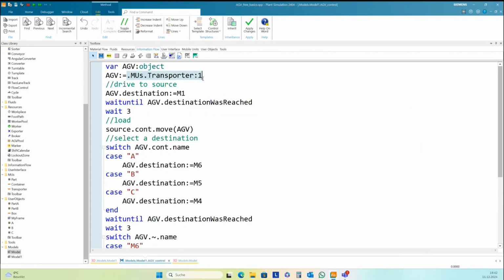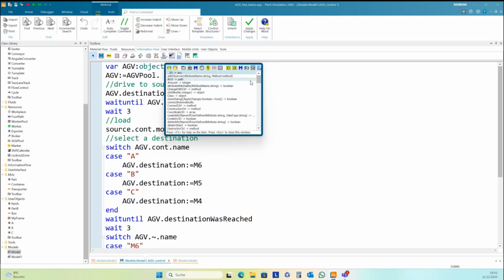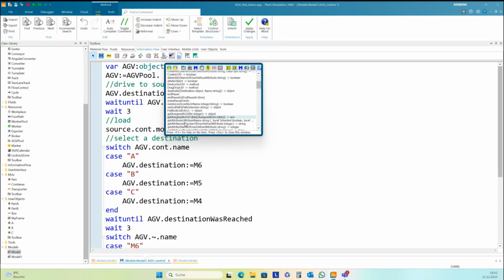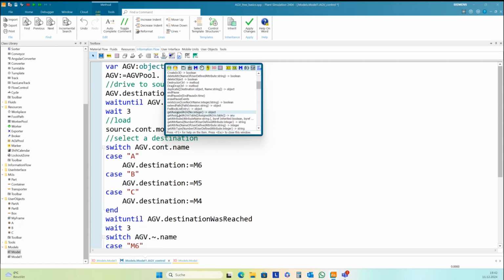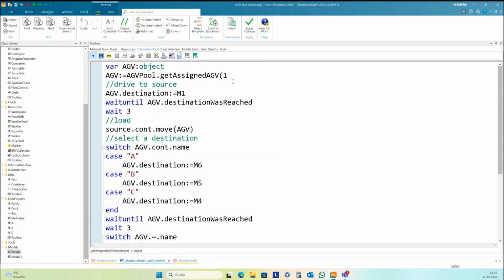You can use the HEV pool for this. And there are two different ways with get assigned HEV. You can access, for instance, the first HEV in the HEV list.